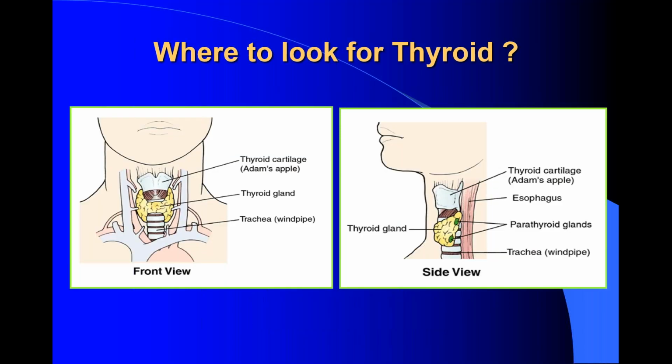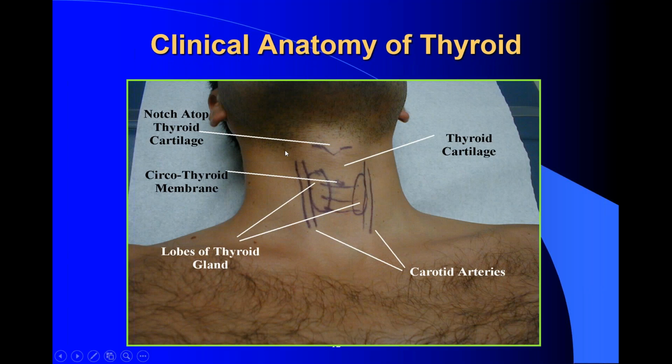So where to look for thyroid? By the knowledge of your anatomy, you know this is the thyroid cartilage, and below this on the cricoid you have the isthmus in between, connecting both the lobes of the thyroid in the front view and in lateral view. So you know where to palpate. In clinical anatomy, you will see this is Adam's apple. These lobes are like this, and the isthmus in the lower part of the lobes connects both the lobes,